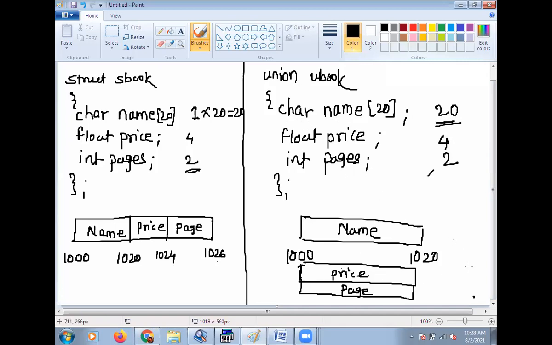That is, 20 bytes are required for character, so 20 bytes are allocated to the whole union, and the same memory locations are used as character, float, and integer. In case of structure, all members can be accessed at a time, whereas in union only one member can be accessed at a time.